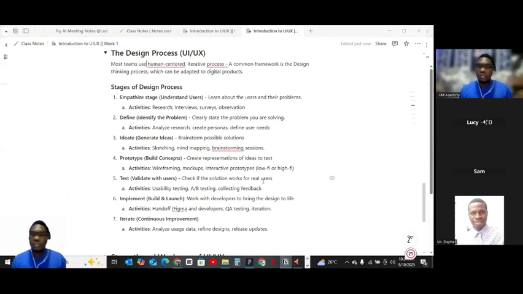So you test it with real people. If you see that it works well, then what remains is that you can move it to live. Everybody can use it, right? Then number six, implement and build. After you test and see that it works well, you're collecting feedback and all that.